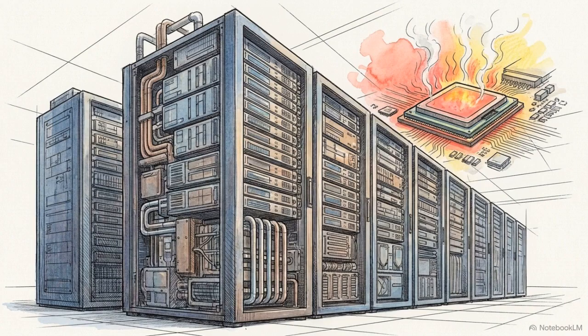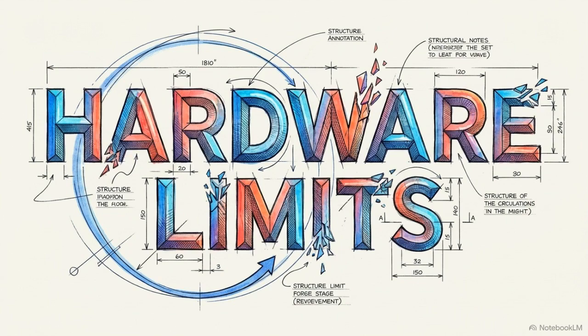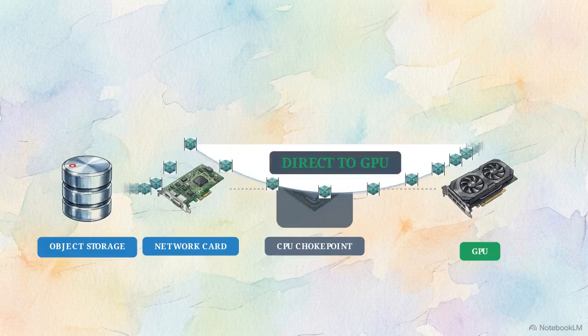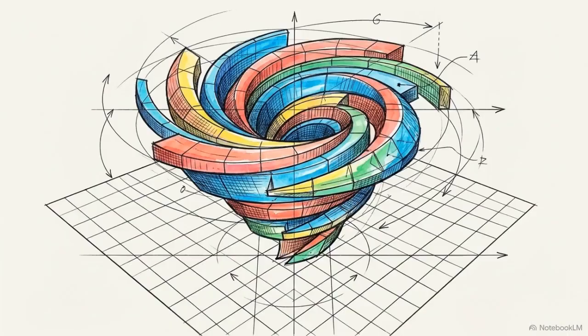Operationally, the GPU cluster sits idle. The system starves while waiting for the CPU to churn through monolithic file blocks. Modern formats have a physical mandate. Data must stream straight from object storage through the network card and directly to the GPU, bypassing the local CPU choke point entirely. Vortex is a new file format engineered by systems programmers to exploit that network bypass.